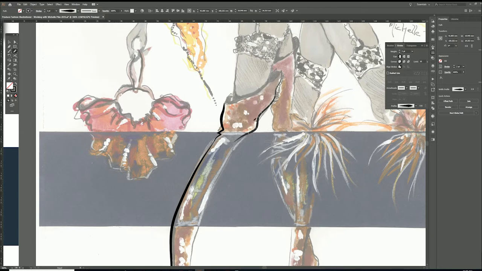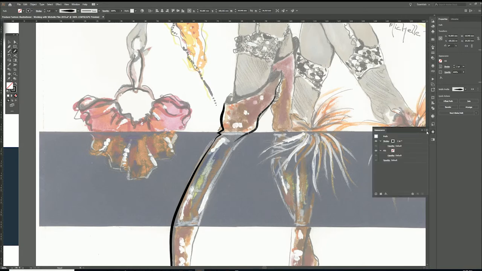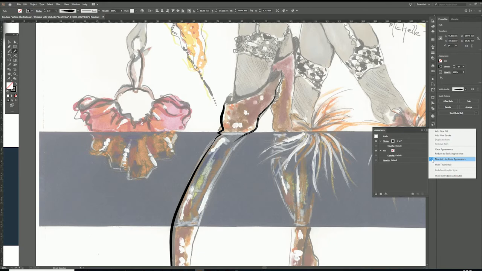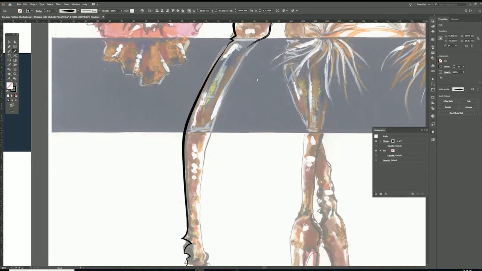Now you could be using your pencil, and when you're using your pencil tool, if it is not holding what you've just used on your last stroke, you can come over to your appearance panel and up to the menu. These lines indicate menu, and it will have this selected. And if that's selected, then when I go to draw next time, it goes back to being plain, which I don't want. So you come to the menu in your appearance panel, found up here, and you deselect that. And now that will mean that next time when I start,